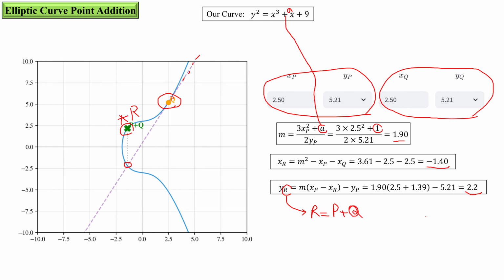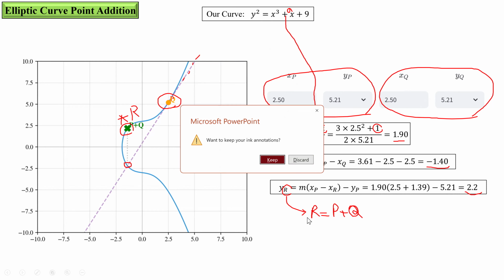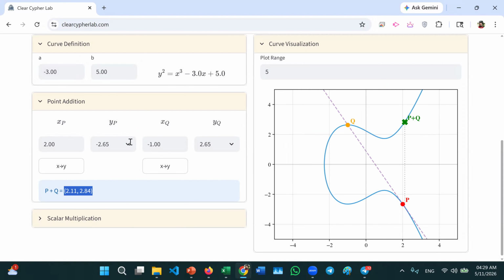Okay, now we want to check the website to see how it works. On the website, you can pick the same value for x and y coordinate of P and Q. So if I pick 2 here, I'm going to pick another 2 here. Let me check this for the positive value. Now we see that the points P and Q are overlapping each other. So we draw a tangent line and then reflect the intersection point to reach P plus